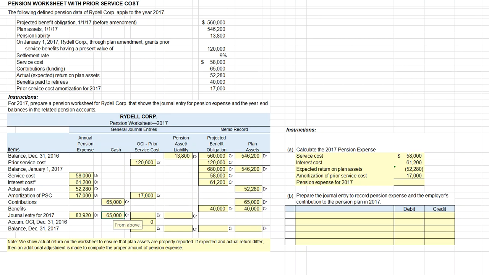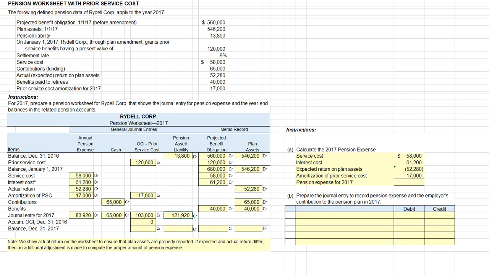Our cash comes directly down, $65,000 from above. Our balance for our journal entry for prior period service costs is going to be $103,000. And notice that's going to include a $120,000 debit. We've increased our expenses, and we've reduced them by amortizing some of that service cost of $17,000. So $103,000 is our ending balance. Our pension plan liabilities will be $121,920,